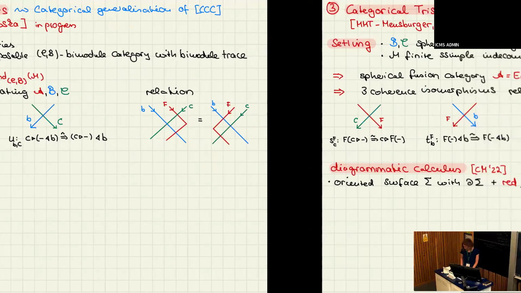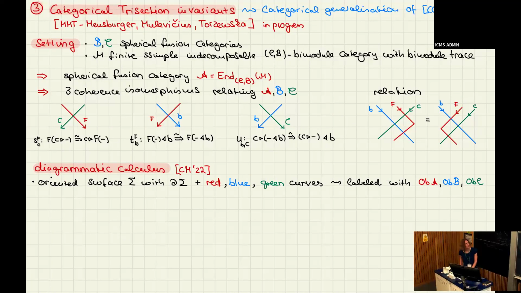So I need to speak a little bit about diagrammatic calculus. So this is from some older work that had a different purpose. And I will just present what is necessary for here. So I will not present this in full generality. So what we have is some oriented surface, possibly with a boundary. And we have red and blue and green curves on the surface that we label by